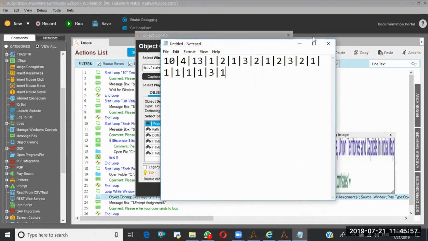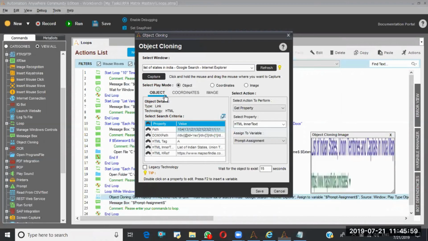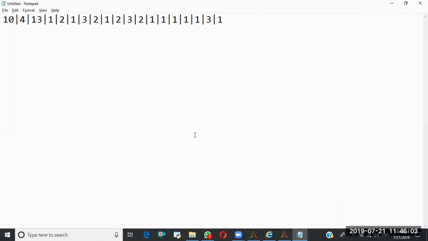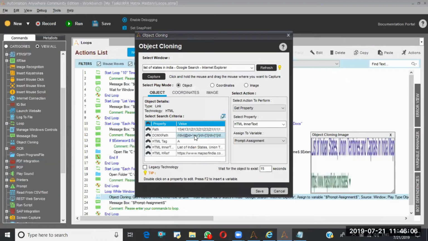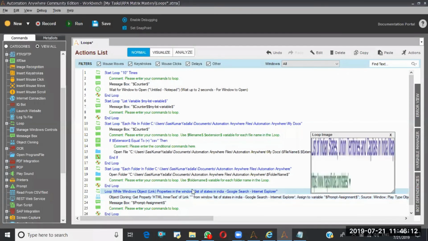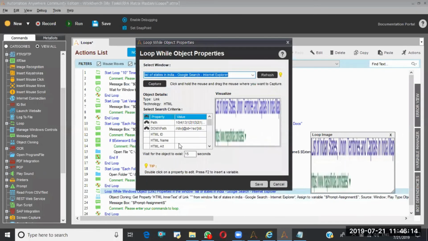This is the path. Next, I'm going to take the DOM path. Let me remove all these things. Save. Inner text not required. Href not required.